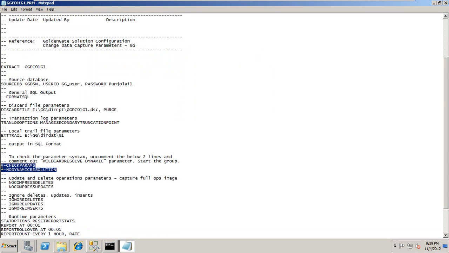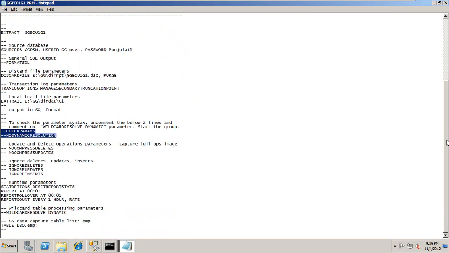Check params, no dynamic resolution we have seen. Basically these two options are to check the syntax of the parameters in the file. No compress delete, no compress update. By default the updates and deletes are compressed. That means